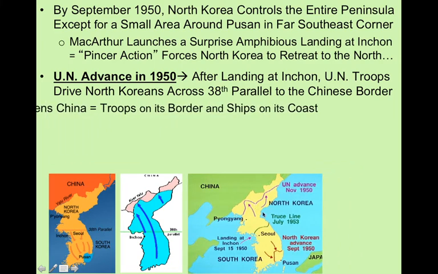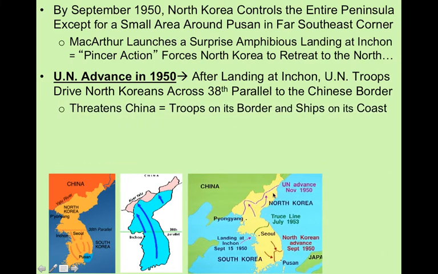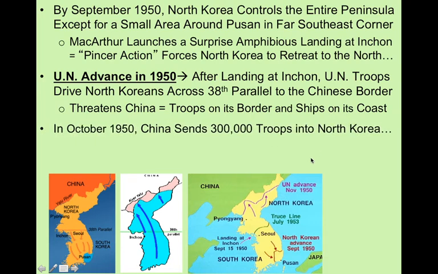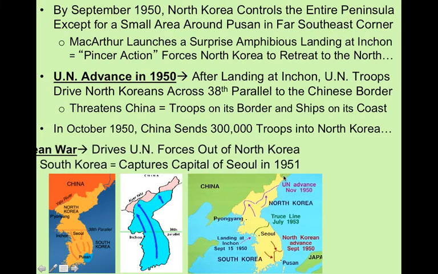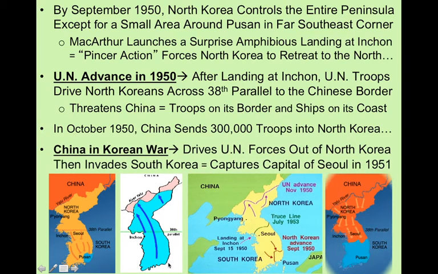It is when we push against the Chinese border here that China, being a communist nation, does not like the idea that the United States is up on its border, and the fact that we got our naval ships going around its harbors. They take this as a declaration of war, and China's going to send some 300,000 troops into North Korea, way more than what we had there, and they just overwhelm us. So we push them from here back up across there, but then they're going to push us right back. So it goes back and forth.